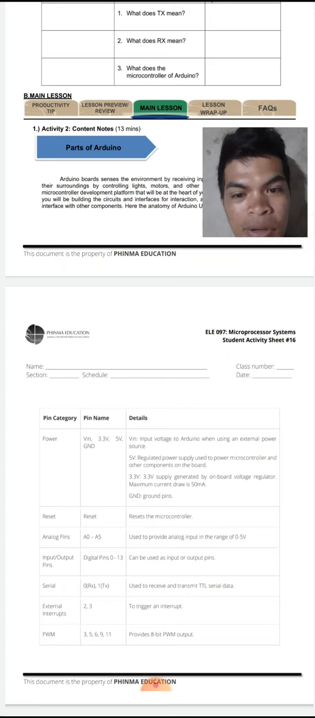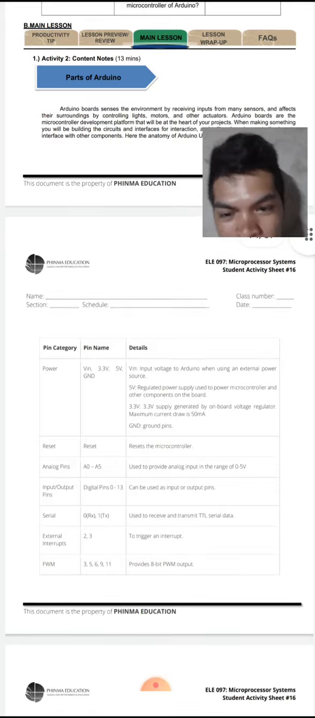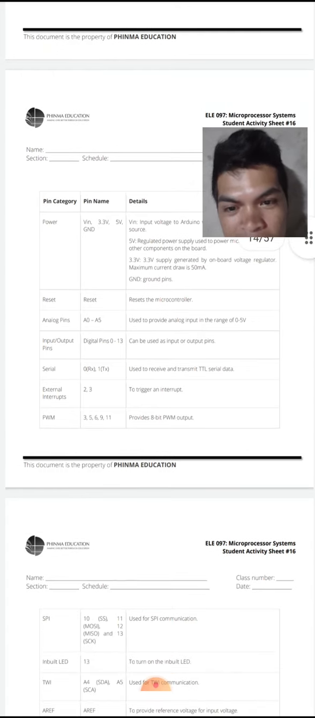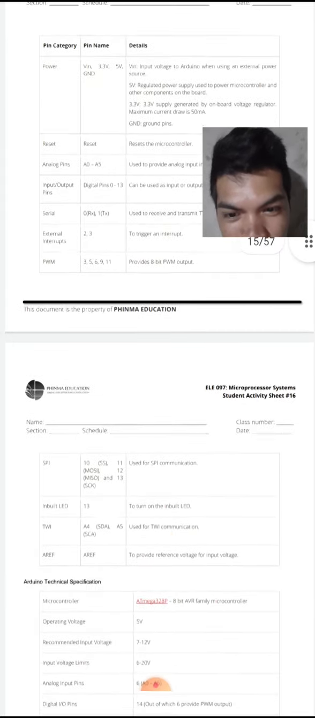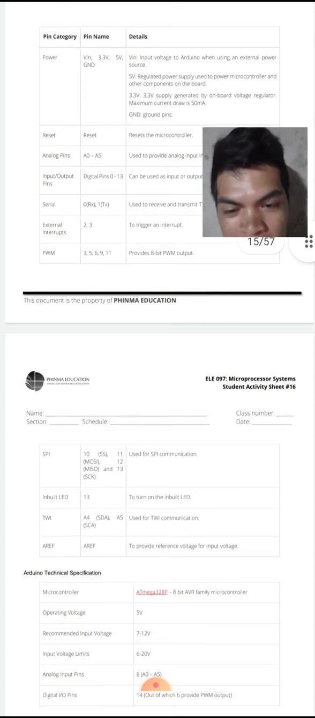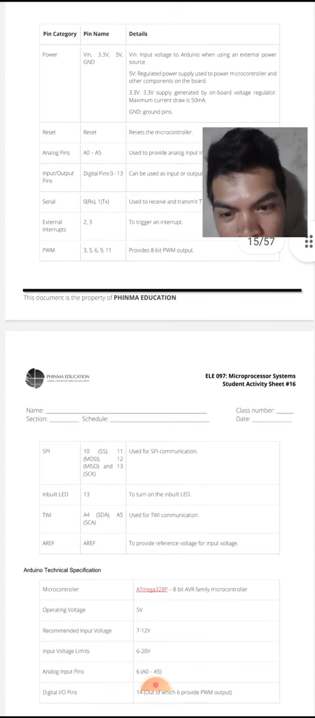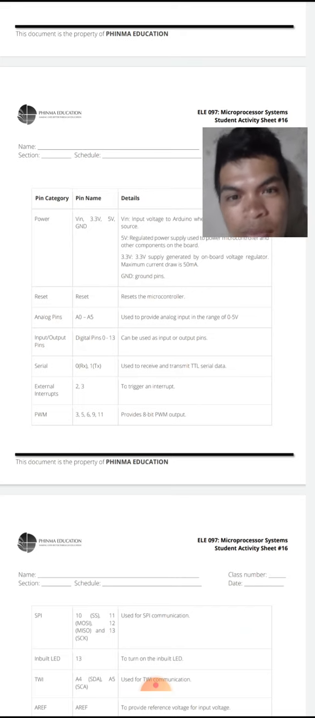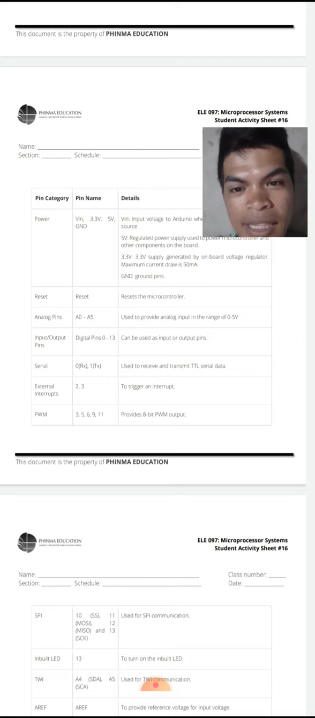We have pin category, pin name, and details. In pin category, we have power, reset, analog pins, input or output pins, serial, external interrupts, PWM, SPI, inbuilt LED, TWI, AREF. In pin name, we have VIN, 3.3 volt, 5 volt, and GND, reset, A0 to A5, digital pins 0 to 13,